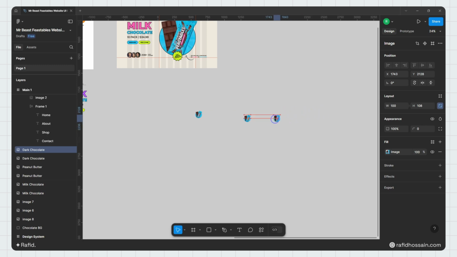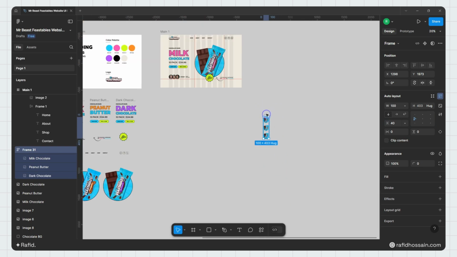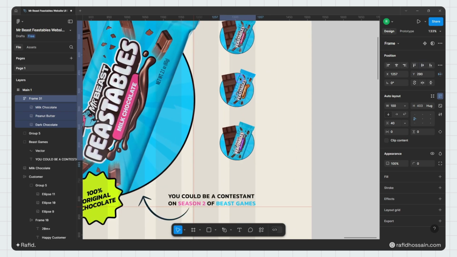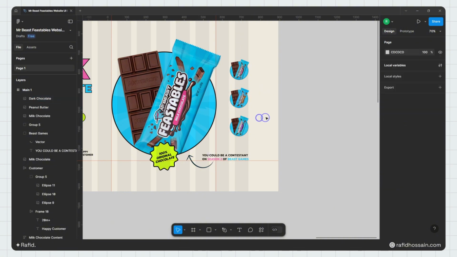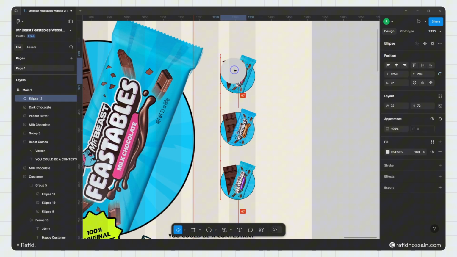like this, and I'll select all of them, make them auto layout, press Shift plus A, and I'll add 40 pixel between like this. So I'll place it in the middle like this. Now I'll ungroup this one, so I don't want to make them auto layout, so like this. And I'll add a circle, pressing O on the keyboard and drawing a circle to match this chocolate shape